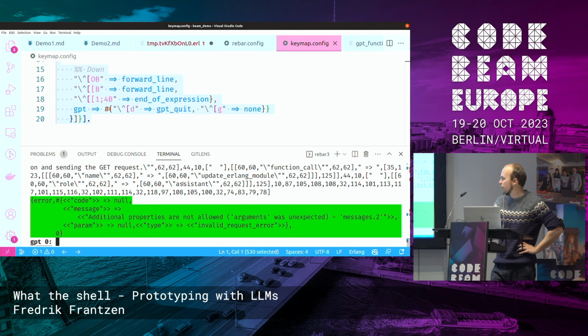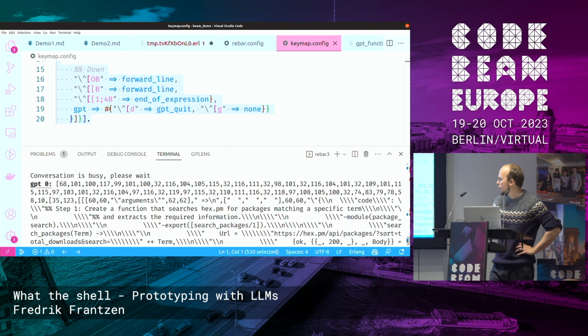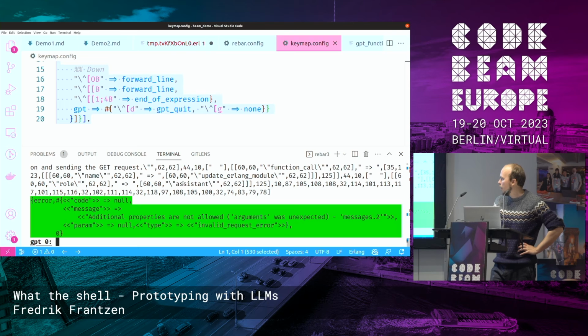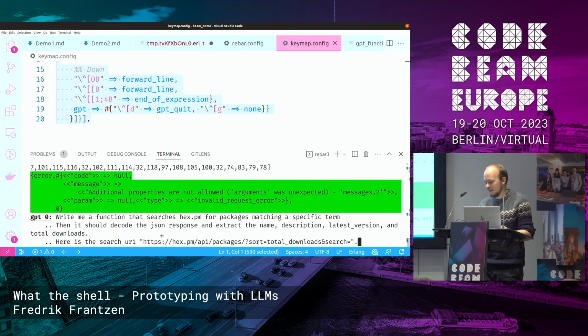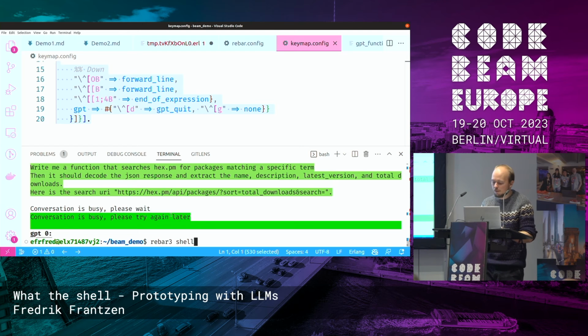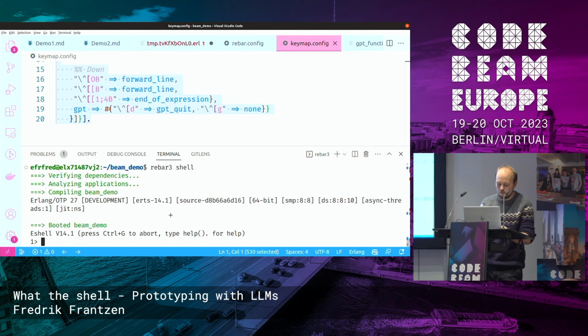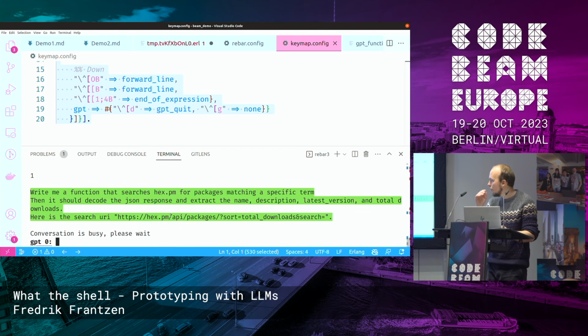All right, so now we got an error here. Let's see what's happened. I don't know what happened, but let's try it again. Well, it was a timeout. No, okay, yeah. It's a little bit rough, so it needs polishing, but we'll try again. Usually I get it to work at least 99% of the time, but